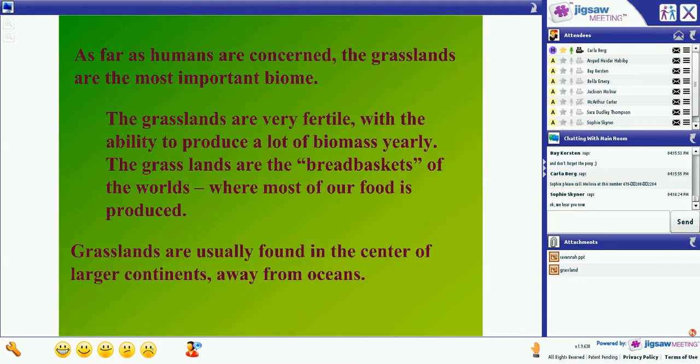Biomass means you can grow lots of stuff, lots of crops, corn, wheat, soybeans. You can grow lots of crops in grasslands. The grasslands are called, and this is in quotes, the bread baskets of the world. It's where most of our food is produced.